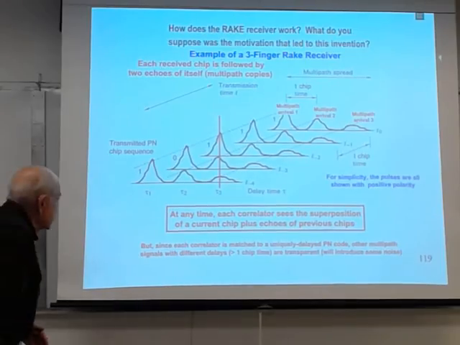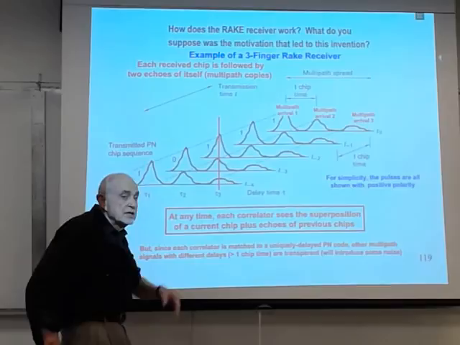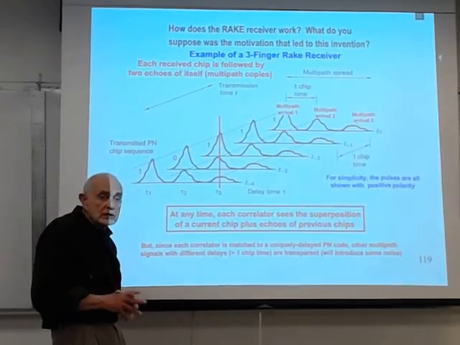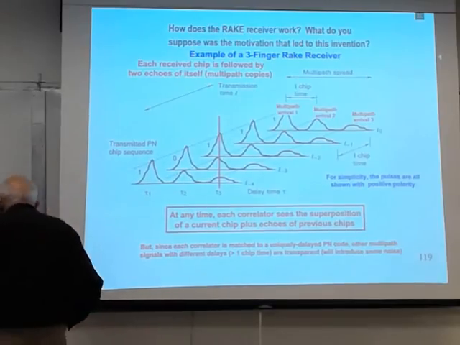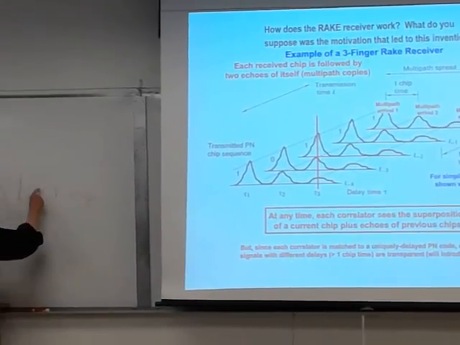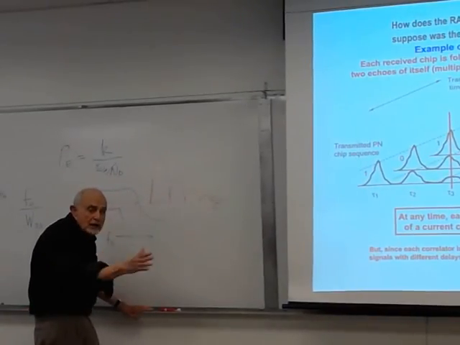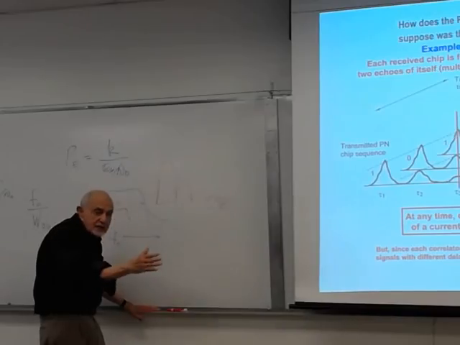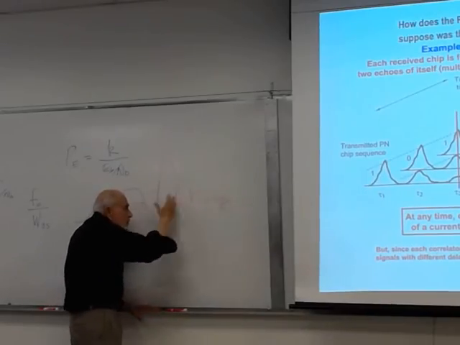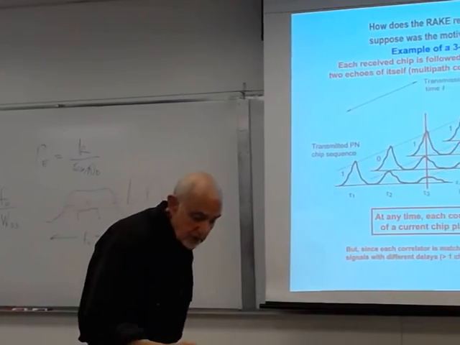The rake receiver says, I'm going to treat each one of these diagonal lines with a separate receiver, its own correlator. It's like saying, I'm going to treat each one of these fingers as if I have a correlator ready to make a decision on that particular finger, the second finger, the third finger, the fourth finger. And the reason why I have to do it with separate ones is because